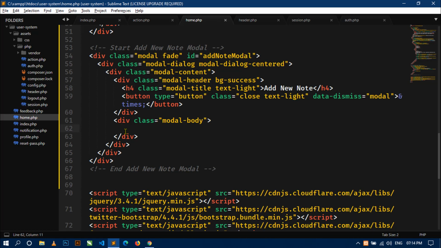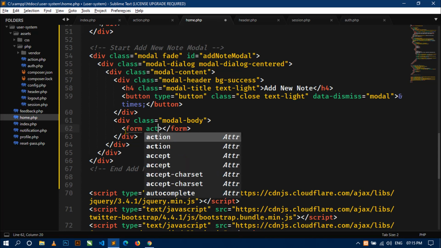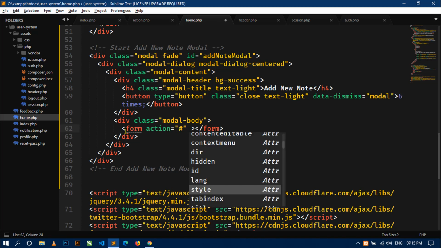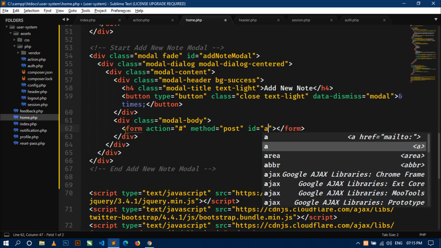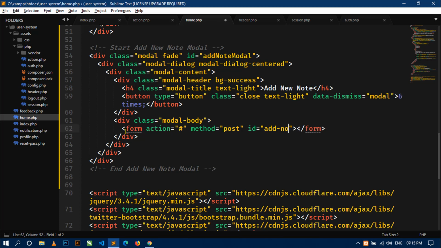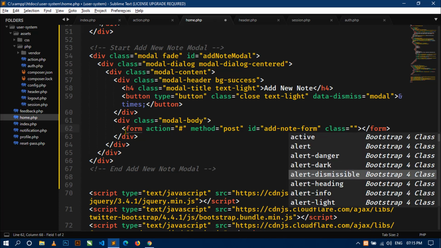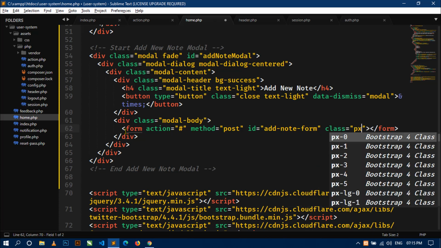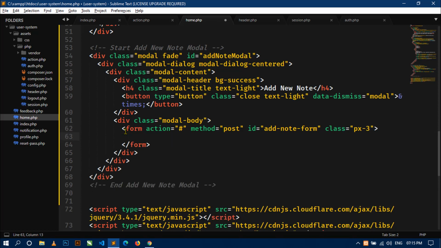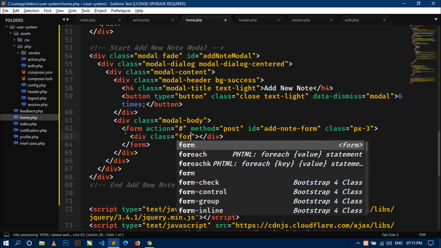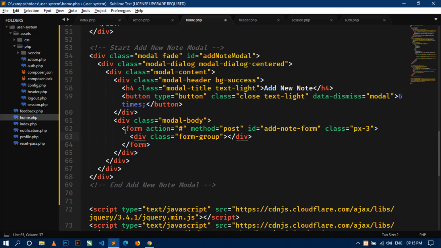So for form I will use form tag, and here I will use action has, method will be post, and ID will be add-note-form. Okay, and here just give some padding to left and right, so here I will use px-3. Okay, now inside this form, first I will create a div with form-group, and inside this I will create